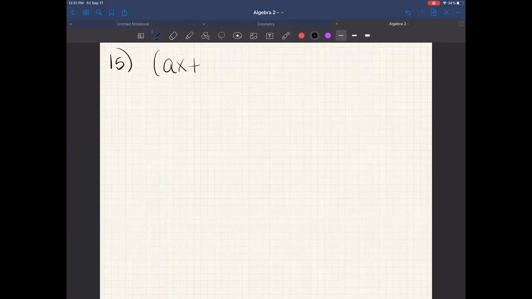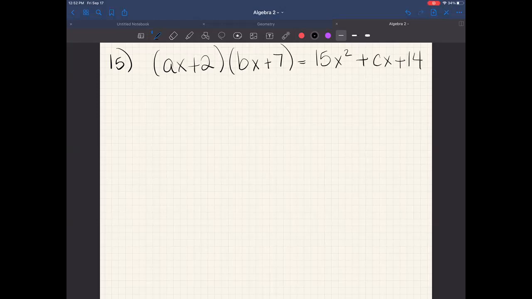We have (ax plus 2)(bx plus 7) equals 15x squared plus cx plus 14. It says for all values of x, and on the side here, a plus b equals 8. Okay, what are the 2 possible values for c? So, what I'm gonna do here, first thing I do is